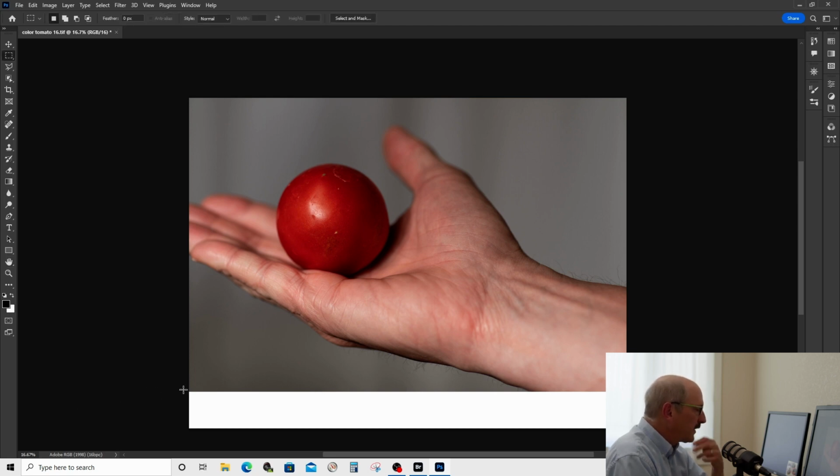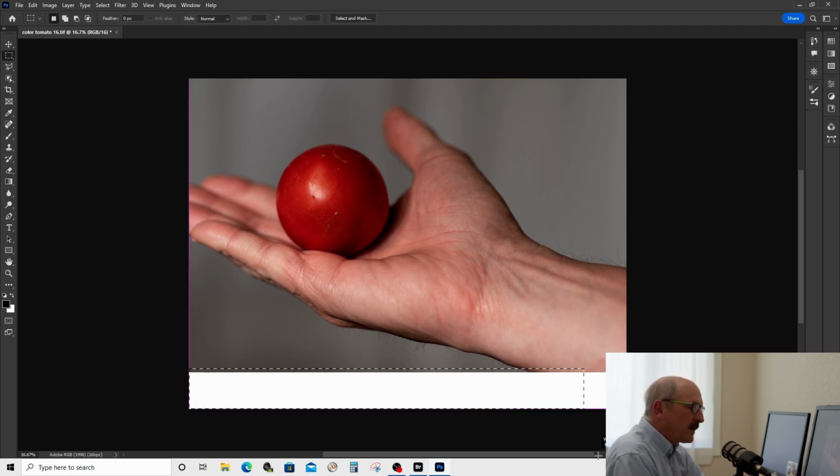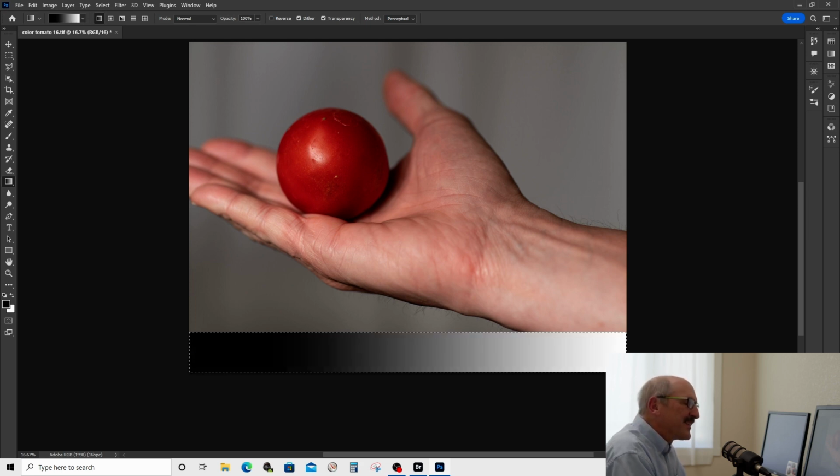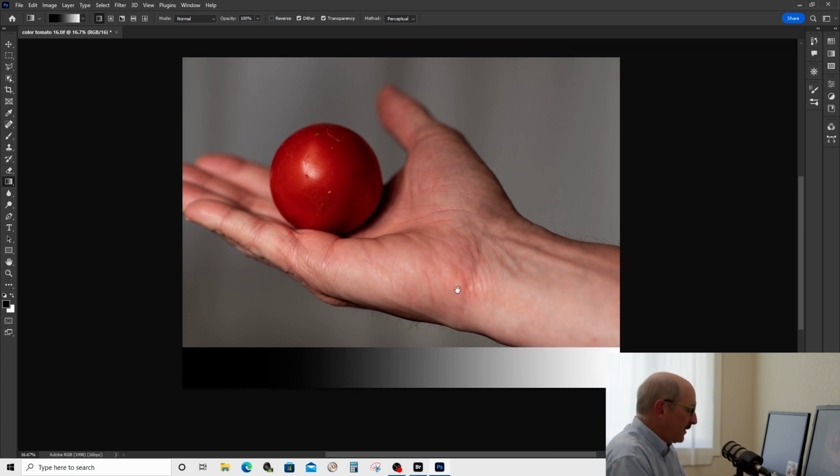I'm going to use my marquee tool and draw a marquee all the way across the bottom there. D for default, G for building a gradient. And I'm going to start here near the end. I don't go all the way to the end. I just come a little bit off of there, draw a line, and let go, and now I have a really nice gradient drawn across the screen. And Control D to take away that selection,